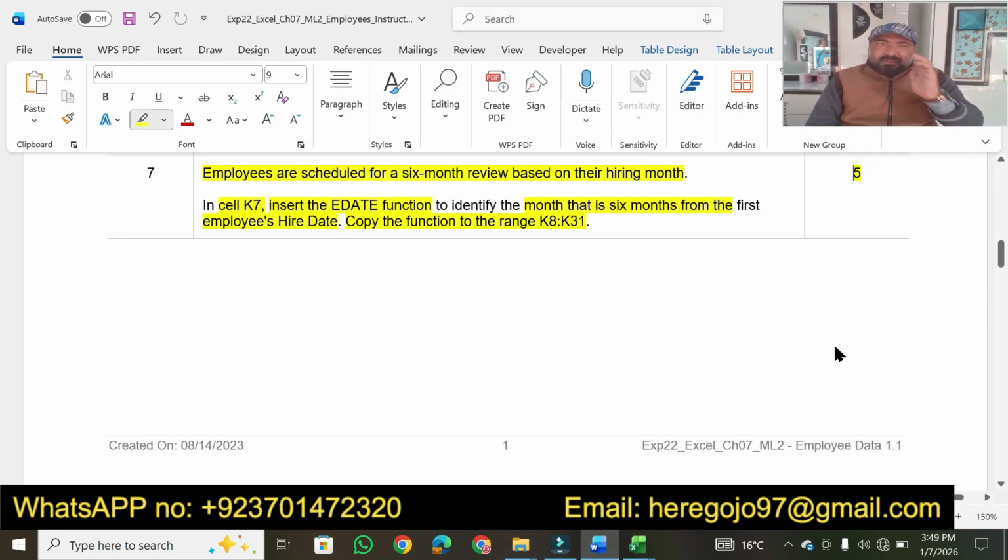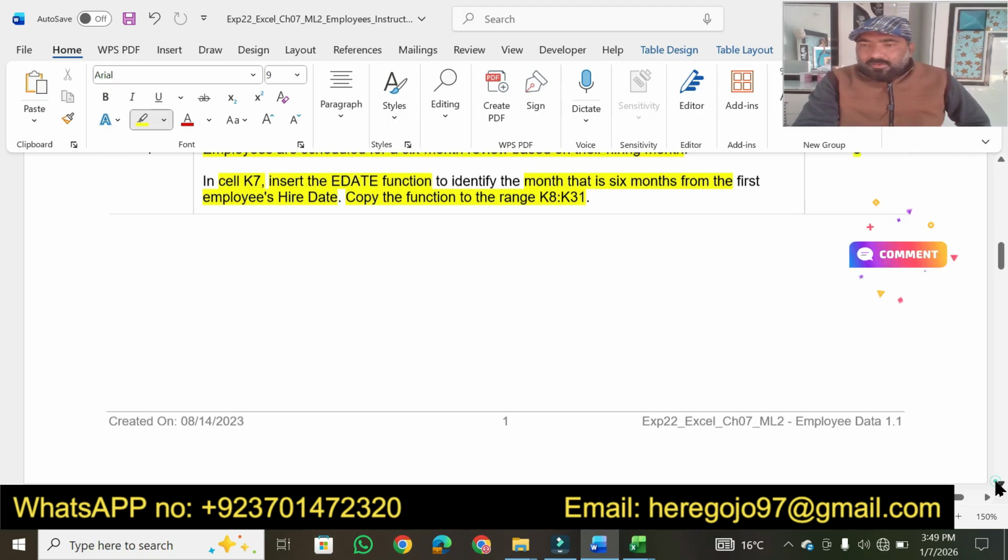In question number 7, we have to move to cell K7, where we insert the EDATE function to identify the month that is 6 months from the first employee's hire date. Then copy the function to the range K8 to K31, and we have earned 5 marks from there. Now moving toward